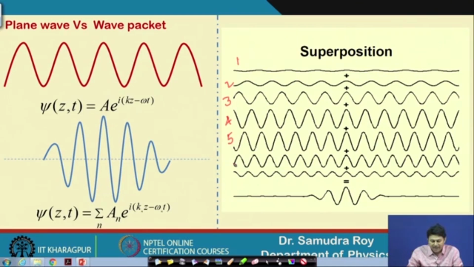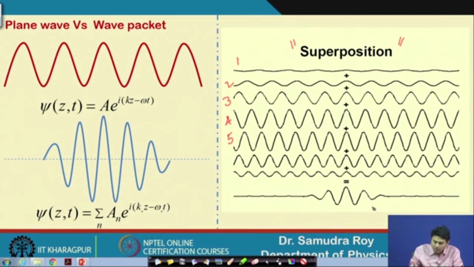Now, if I start adding them together, which is called superposition, then what happens? We find a kind of beating effect, where some portions of the waves are there and then some beat formation takes place. Now, when this number is very high and tends to infinity,